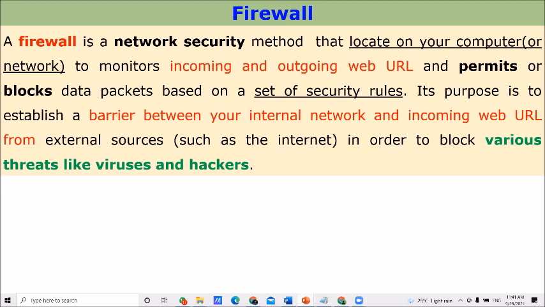If it is not able to remove that particular harmful event, then what this firewall is doing is blocking the URL. Right. Therefore, the purpose of this firewall is to exist as a barrier between your internal network and incoming web URLs. Right. Okay. Write down this paragraph in your books.